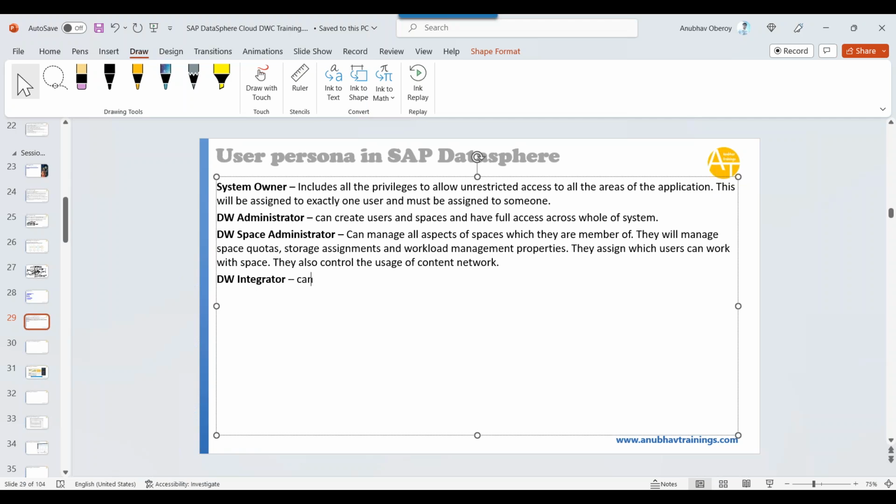An integrator can create and edit connections and database users and associated HDI containers in the spaces of which they are members. Then we have the DW modeler